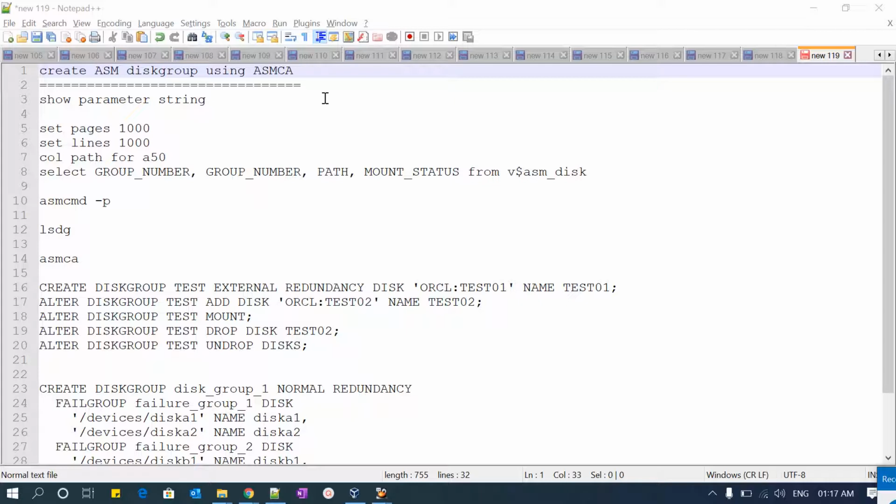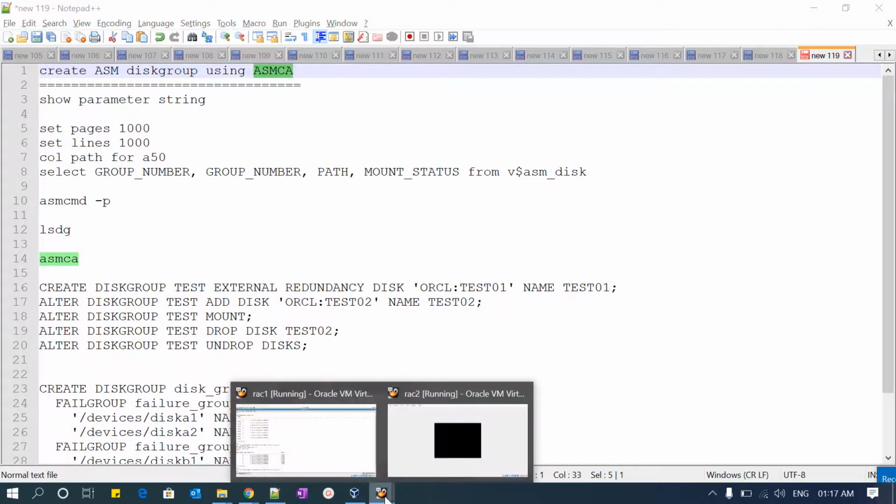All this disk group creation, disk group drop, adding disk, and dropping disk, everything can be done in the command line also. Those who are much more familiar with the command line mostly use the SQL prompt, log into ASM and do all these operations. But one who is willing to work in GUI mode makes use of ASMCA, the ASM Configuration Assistant. So in today's session I'm going to explain how to use this ASMCA tool for creating a new disk group. So let's get started.